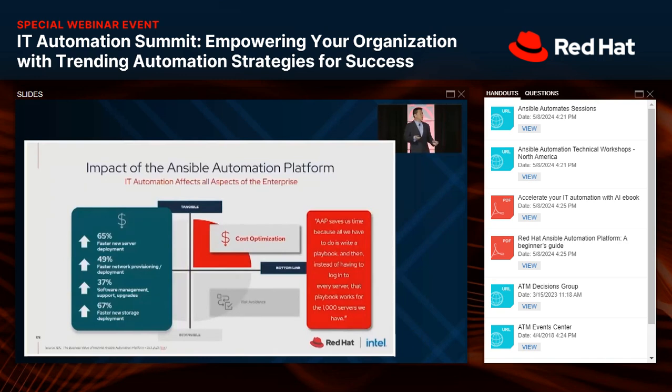So cost optimization is kind of the most obvious benefit of automation. You're able to do more things with less resources. You're able to do tasks that would have taken you hours, and you reduce them down to 0 sometimes, because all you need to do is write a playbook, write a workflow, and you no longer are doing those activities. And as you add to your environment, so if you have 1,000 servers now, but 2,000 next year, and 10,000 the year after, you use the same automation. So as you grow your environment, your ROI increases. That's operational efficiency, and that's a big part of the Ansible benefits.